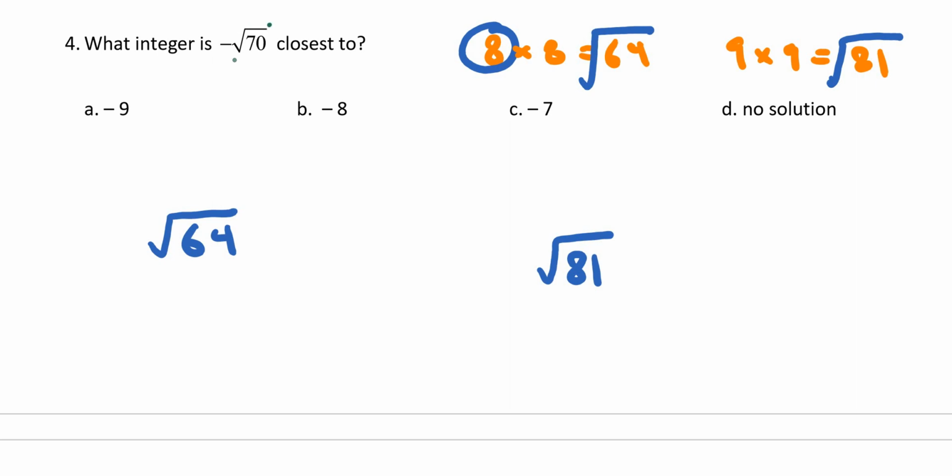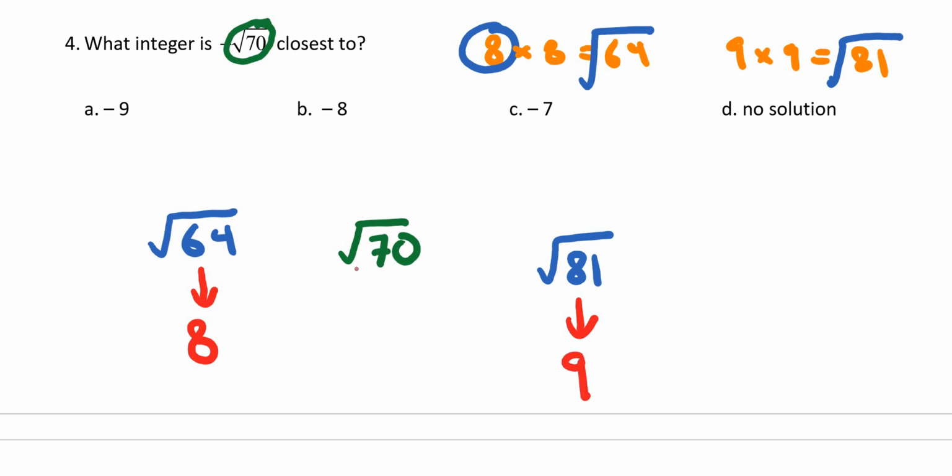And the question is, we have root 70. So root 70 is kind of in the middle there. We know the square root of 64 is going to be 8. I know the square root of 81 is going to be 9. So therefore, the square root of 70 is going to be between 8 and 9. The way I see this is from 64 to 70, that's a difference of 6. And from 70 to 81, that's a difference of 11. So is 70 closer to the 64 or the 81? Well, 70 to me is closer to the 64, so this could be approximately